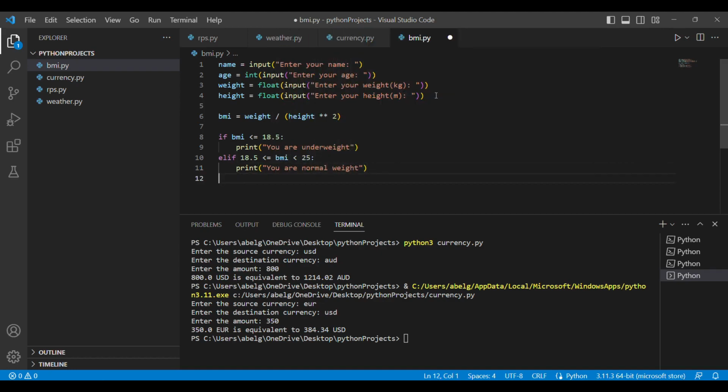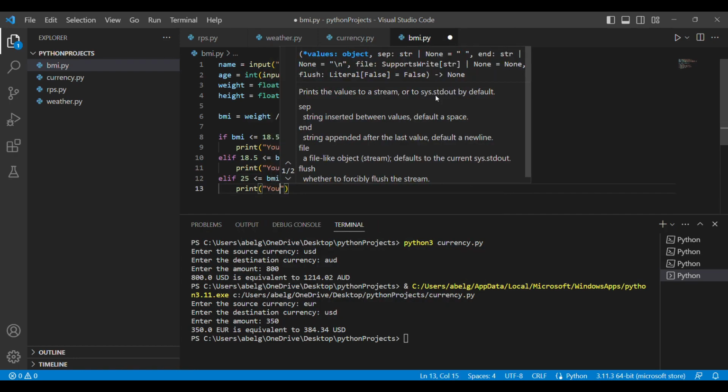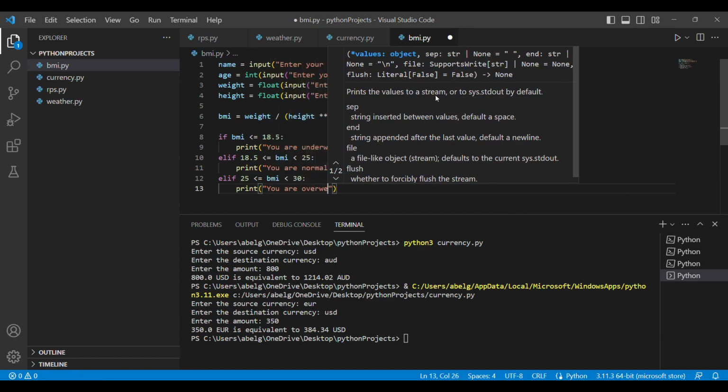And we're going to have another else if statement, which is going to be concerned with the values between 25 and 30. So we're going to have 25 less than or equal to BMI less than 30. In this case, we're going to print out you are overweight.